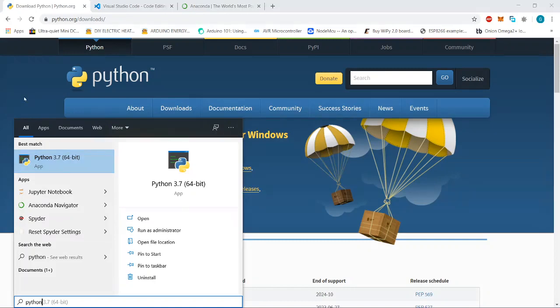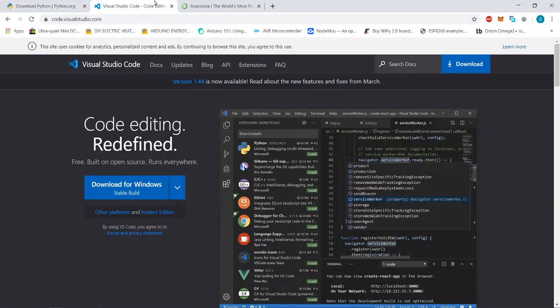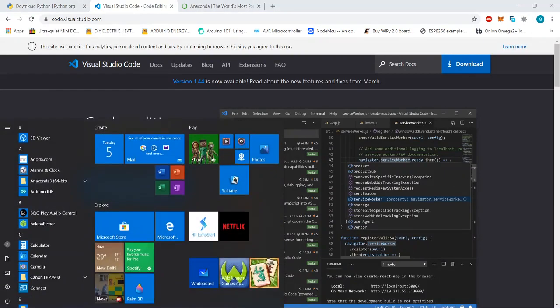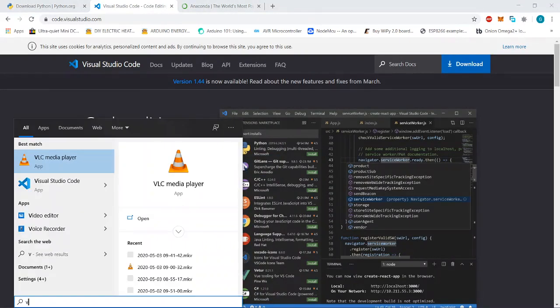Another option is that you can use Visual Studio Code. There is a website, code.visualstudio.com. Go to that website and simply click on download for Windows. Once you are done with that, simply run the installer, and it will install Visual Studio Code.